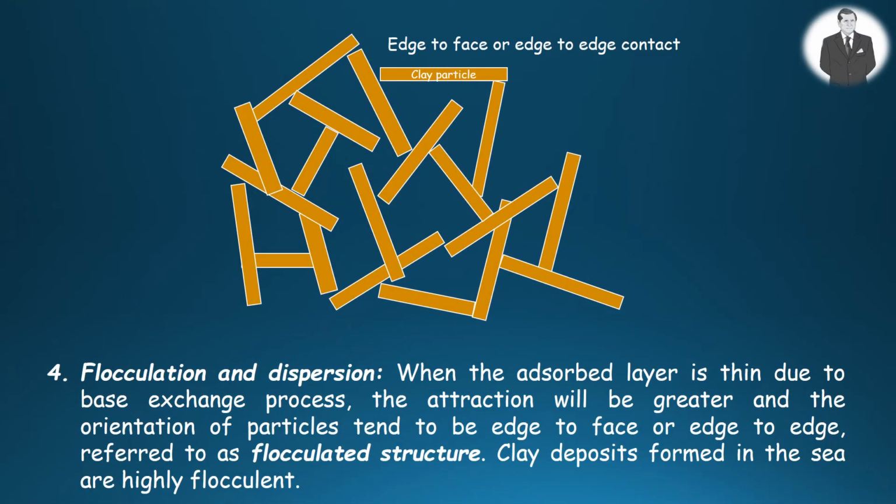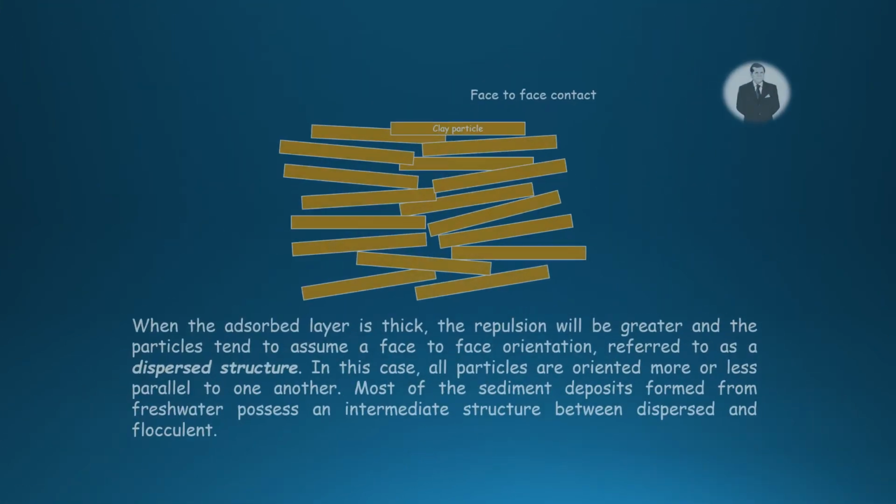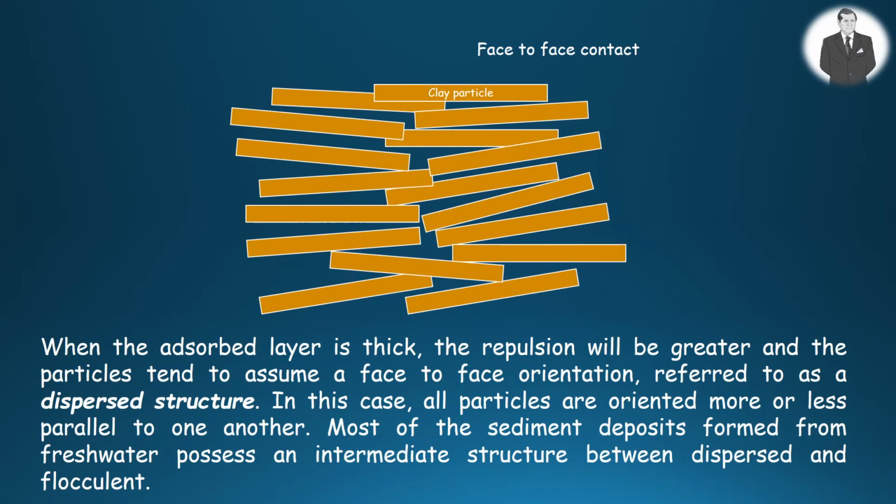Flocculation and dispersion is the fourth property of clay minerals. When the adsorbed layer is thin, owing to the base exchange process, the attraction will be greater, and the orientation of particles tends to be edge to face or edge to edge, which is referred to as flocculated structure. Clay deposits settled in the sea are highly flocculent. On the other hand,